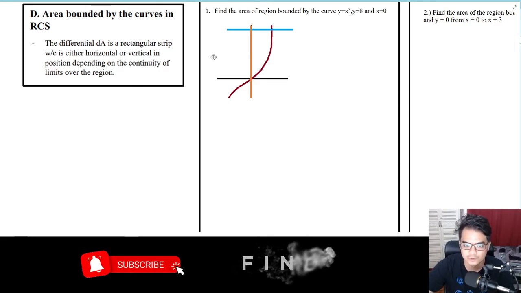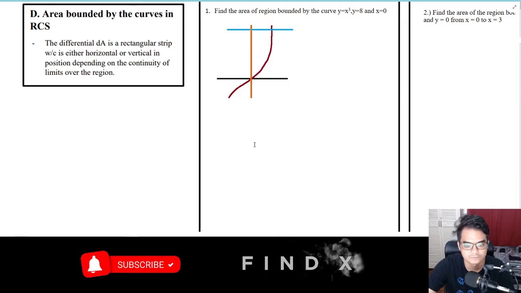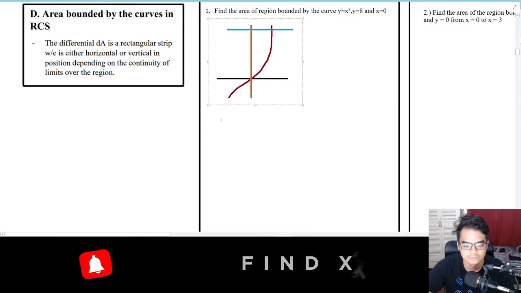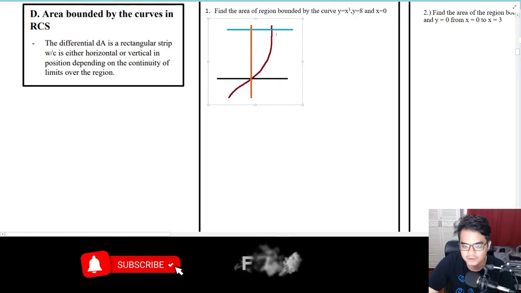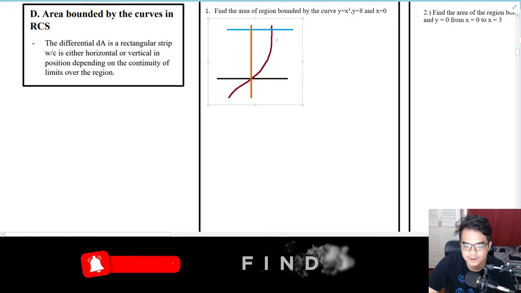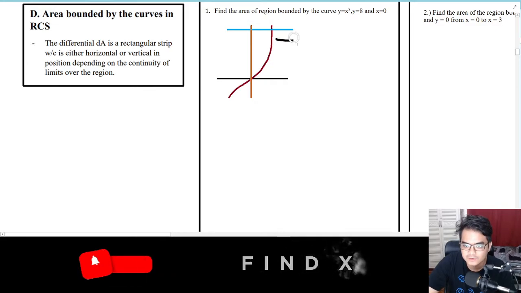So for number 1, we'll have: find the area of the region bounded by the curve y equal to x cubed, y equal to 8, and x equal to 0. Okay, I already drew the graph of that. So this is the red one. The red line is actually the one that represents the graph